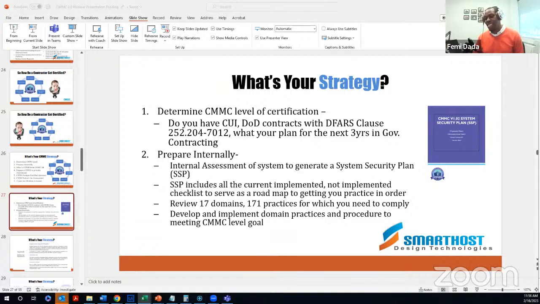The Smart Host CMMC Cyber Shield, it's really our solution. Way back before CMMC became a prospect, before the CMMC process began, we put in a solution or package to help our customers secure their network. Once we began hearing about CMMC, we fine-tuned that and made sure it's a product that really talks specifically to CMMC and meets those CMMC requirements. So Gene kind of alluded to that. I'll be sharing a little bit more about that as we go on.